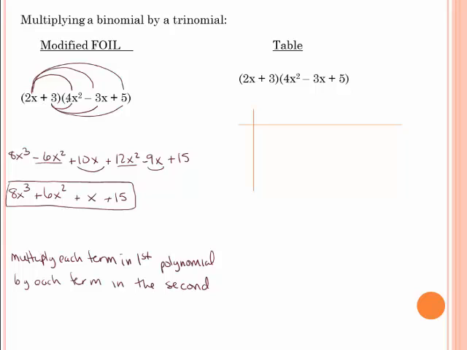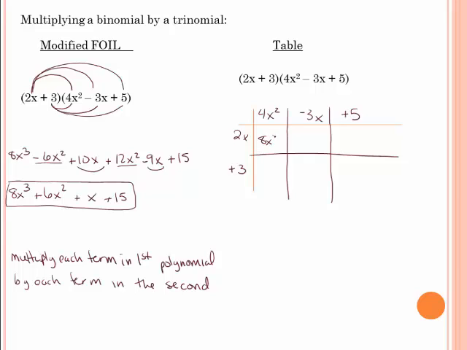Also, as you get into more terms, a binomial times a trinomial is not so hard to keep track of, but as we get into trinomial times trinomial, and then even bigger polynomials, the modified FOIL method can become very cumbersome and difficult to make sure you don't miss any multiplications. The table, however, stays very compact, and it's pretty obvious if you've missed anything, because you're creating a box for each multiplication,